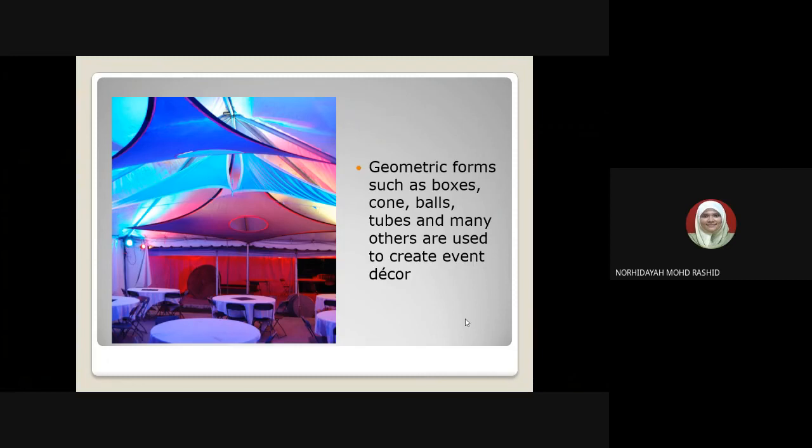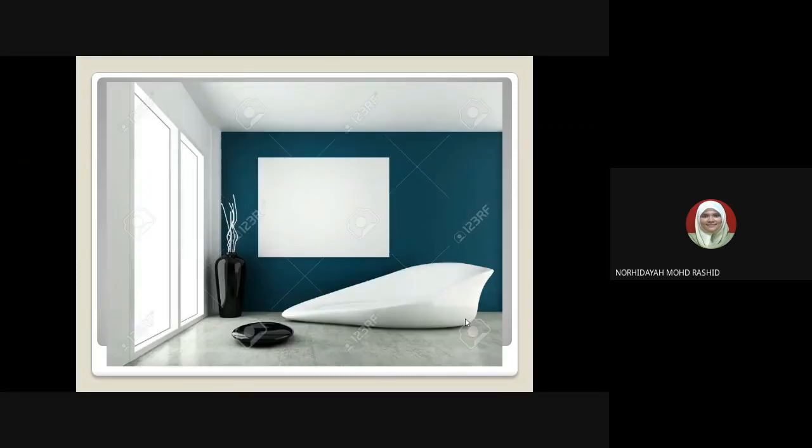Contohnya ada is very simple, such as the round table, okay, table bulat tadi tu. So that's actually is a circle punya form. Macam tu juga kalau you kata I'm using a box miss. So you dah gunakan you punya segi empat sama. Okay, this is actually the sample of the form.